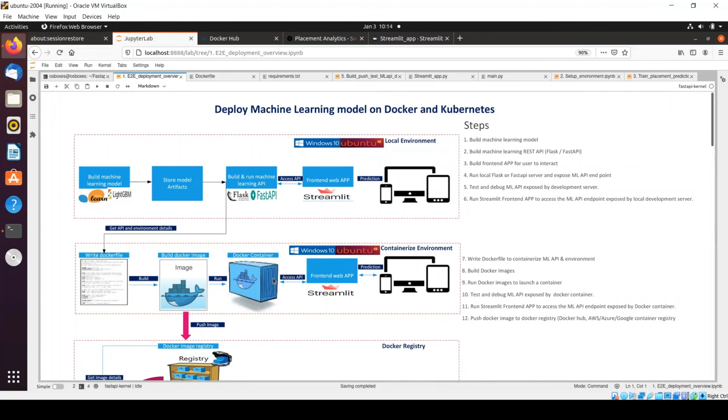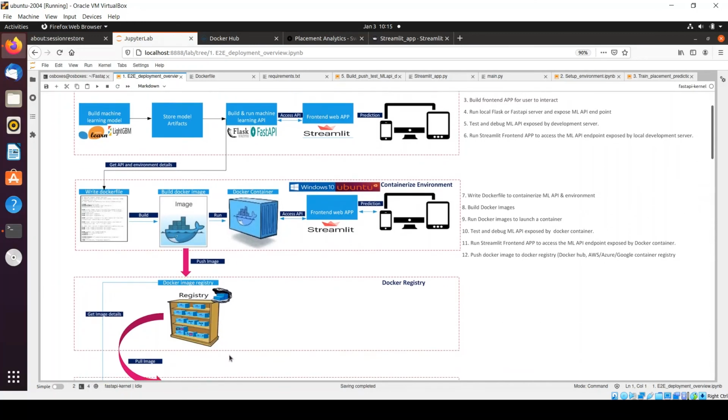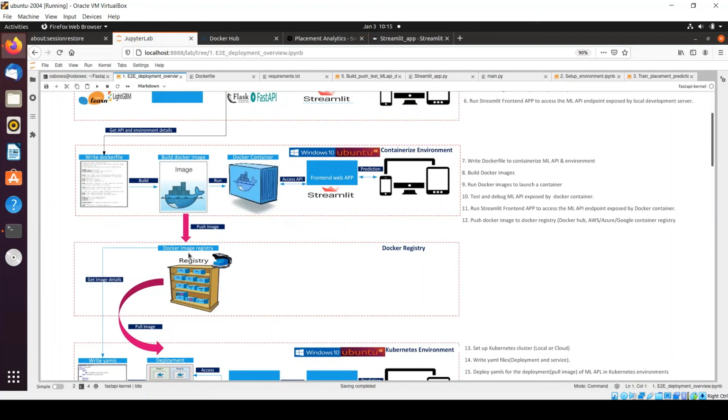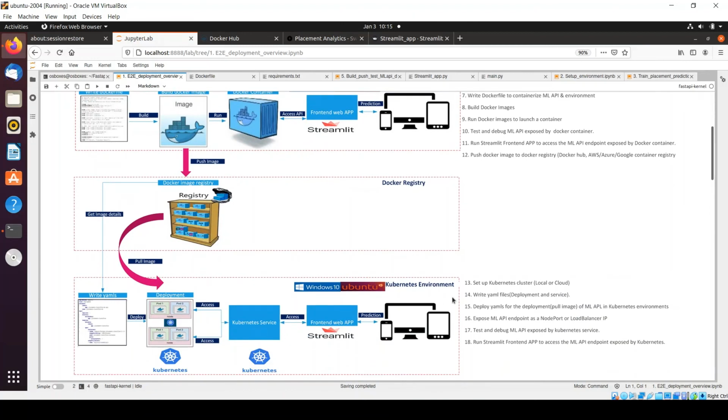We have also seen different approaches to test machine learning API, and at last we have seen how we can push Docker image to Docker registry. In next video we will take this image which we have pushed to Docker registry and will deploy it within Kubernetes environment. So that's it for now.